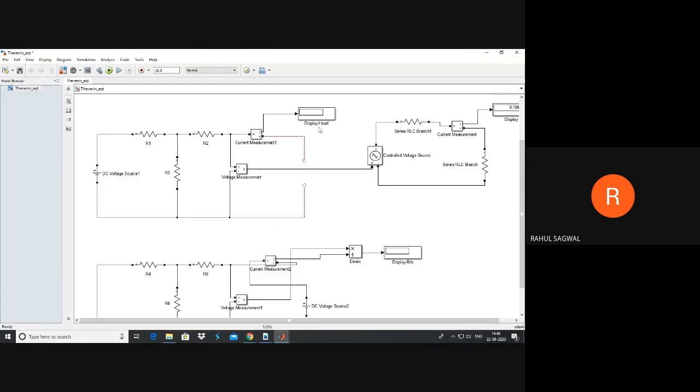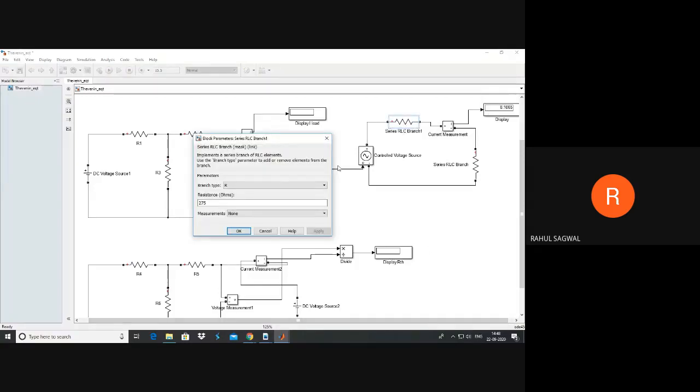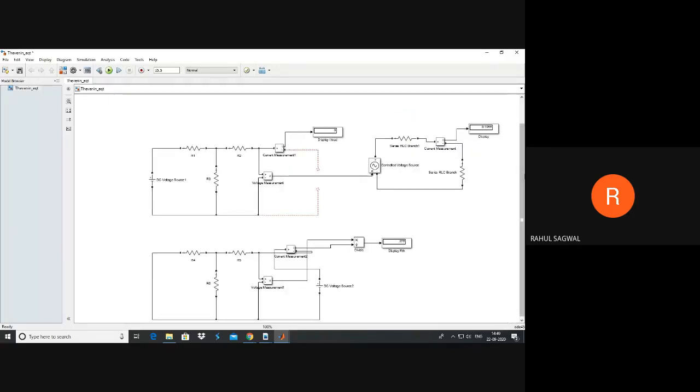So now what will happen, it will simulate all these three models all together. So whatever VTH will be calculated for this circuit, that will be transferred as an input to this second circuit, or equivalent circuit you can say, and accordingly it will simulate and calculate I load for the equivalent circuit. RTH you can directly double click and write this value, whatever value will be appearing here in this display. So 275 you have fed in. The voltage VTH is directly fed in this circuit, and accordingly this value is appearing as IL, a load current of the equivalent circuit of Thevenin theorem. I hope it is clear to everyone.